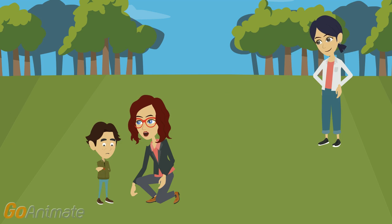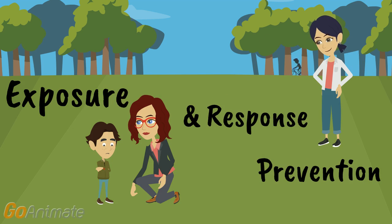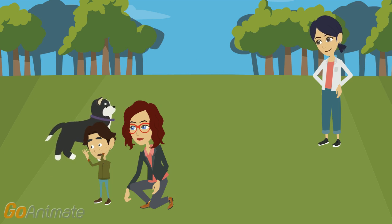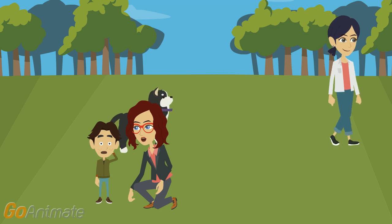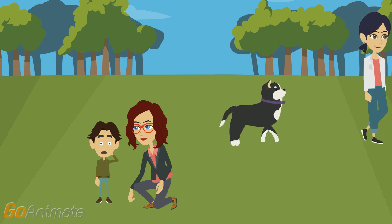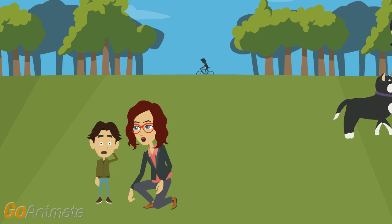So what we are doing is exposing you to dogs and preventing you from having your usual response, which would probably be to run away, right? When you do this in small doses, you get used to it as you go along, just like the pool. As you conquer each step, it will no longer have power over you, and it will give you the strength